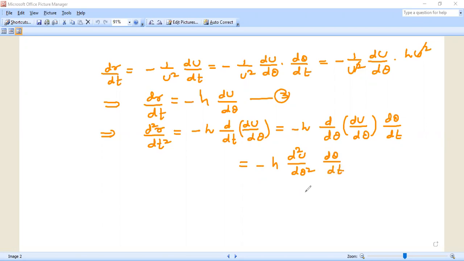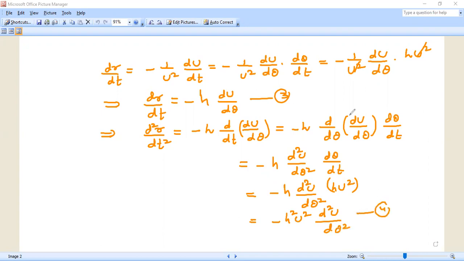Okay, but d theta by dt, we have d theta by dt equal to hu square. So let us substitute that into d square u by d theta square, that is hu square. Then that gives minus hu square d square u by d theta square. Then equation 4. That is, we have dr by dt is equal to minus h du by d theta, and again